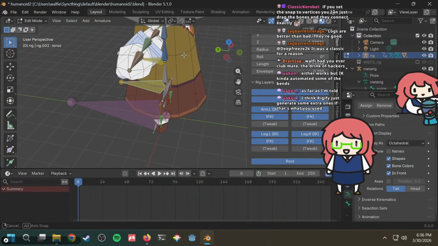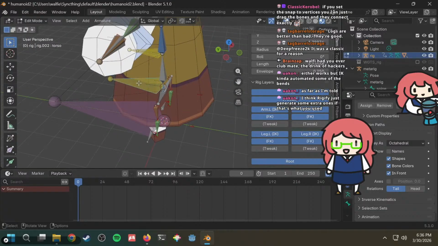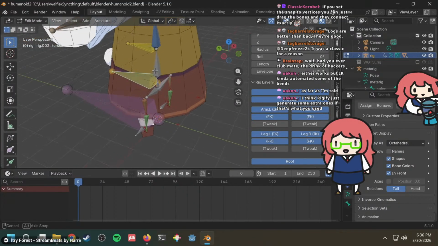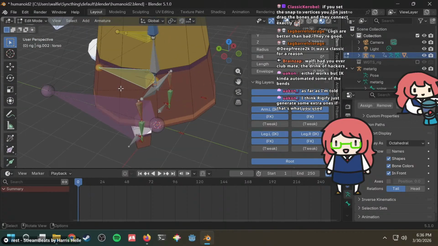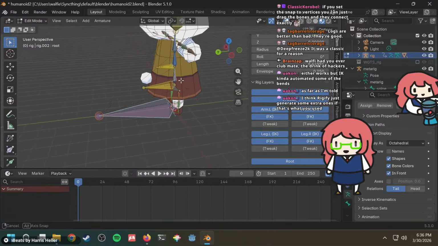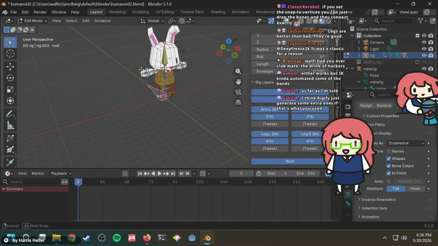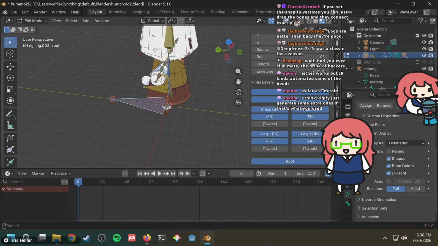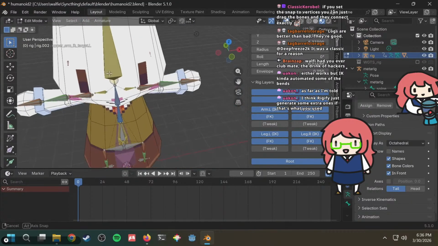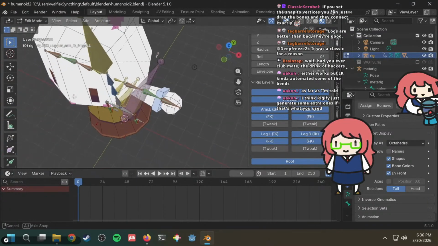Rigify just generates some extra ones if that's what you use. Yes, but don't I need these bones? I don't need the torso bones. Don't I need the root bone? What is the root bone? What is this bone? Upper arm IK target. No, I guess that one's fine.